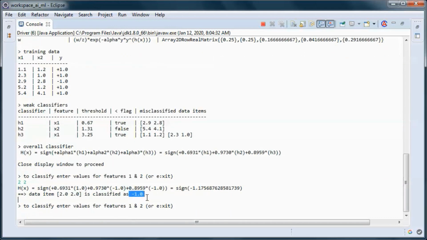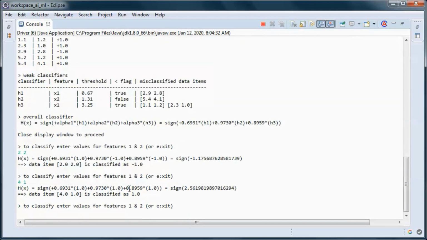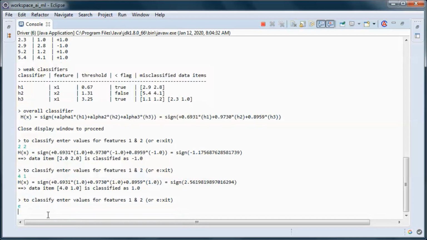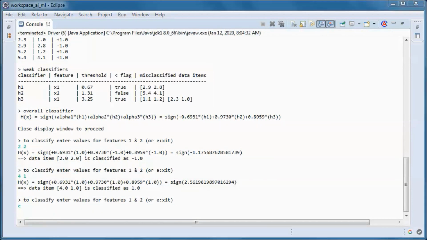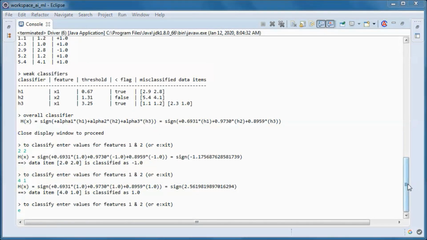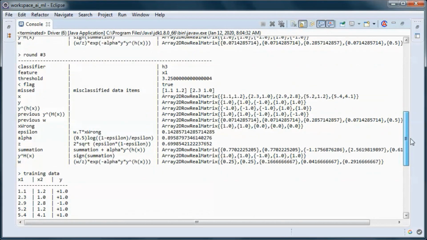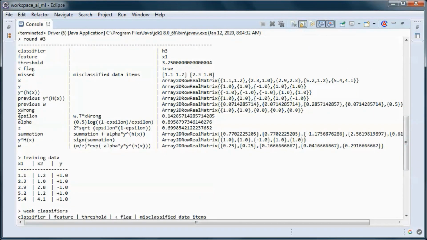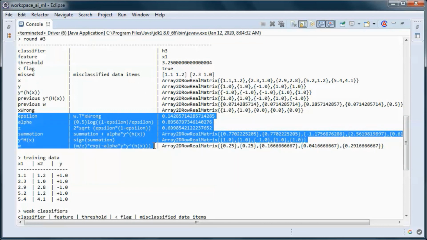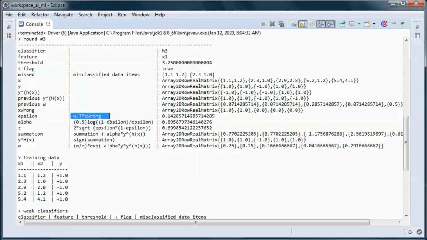So it is classified as -1, and this one is classified as +1. And I will be going over the formulas used here while writing and test running the application.